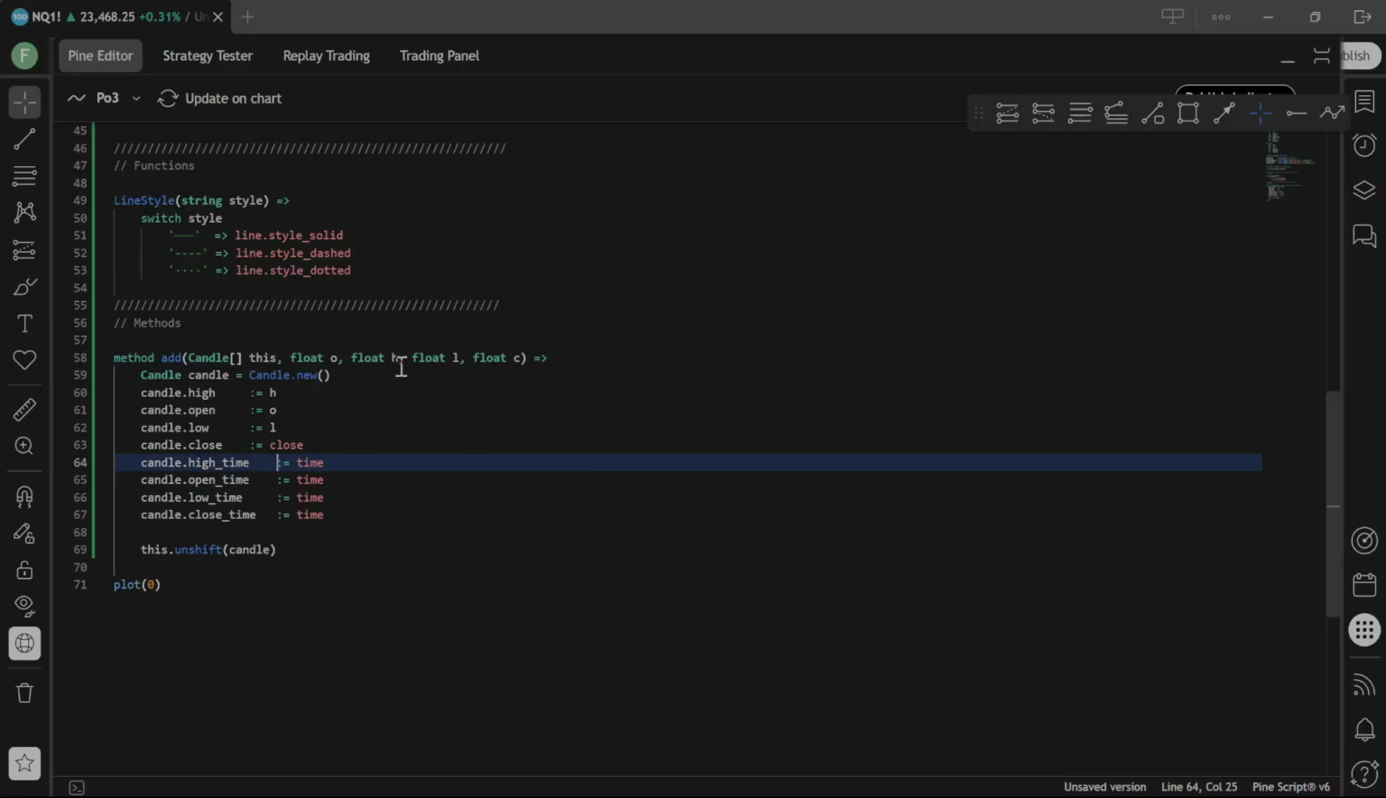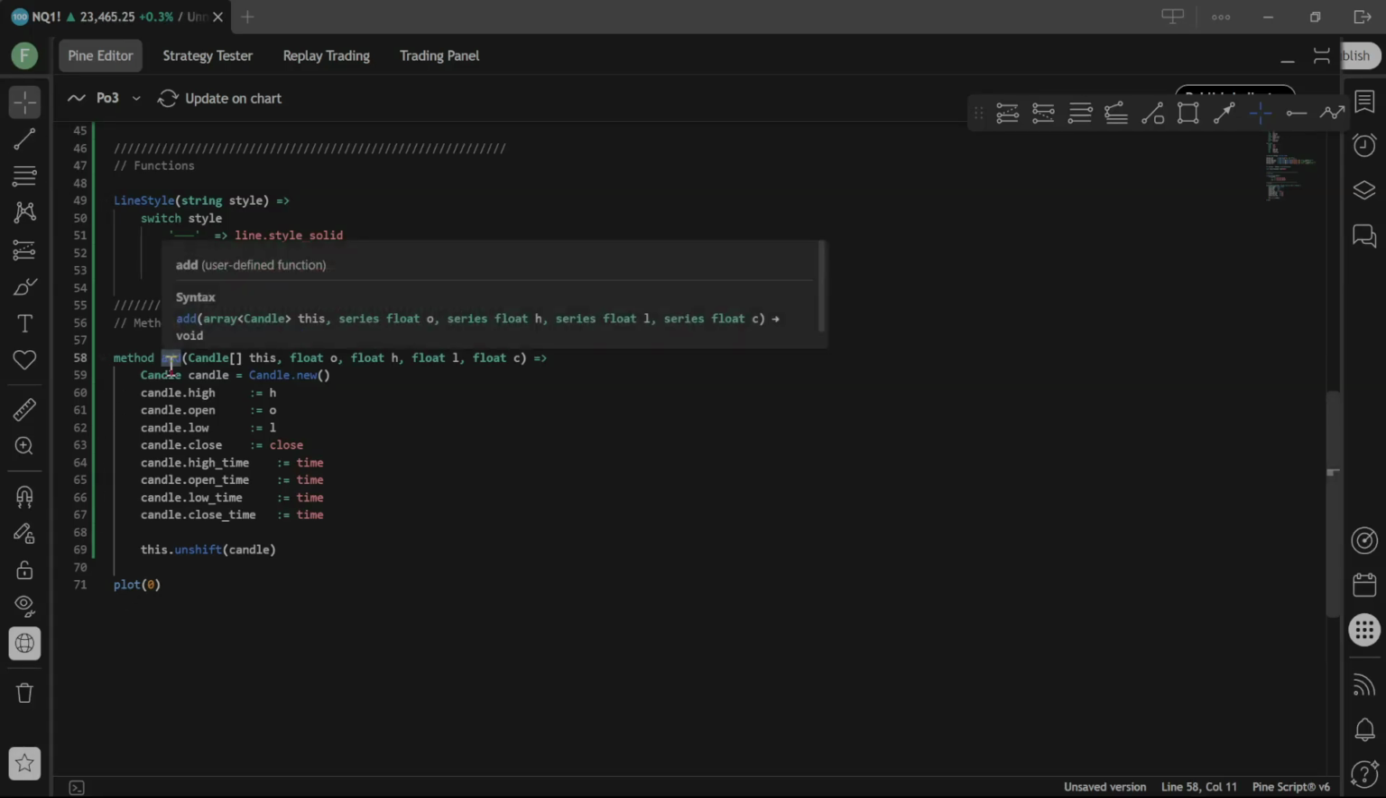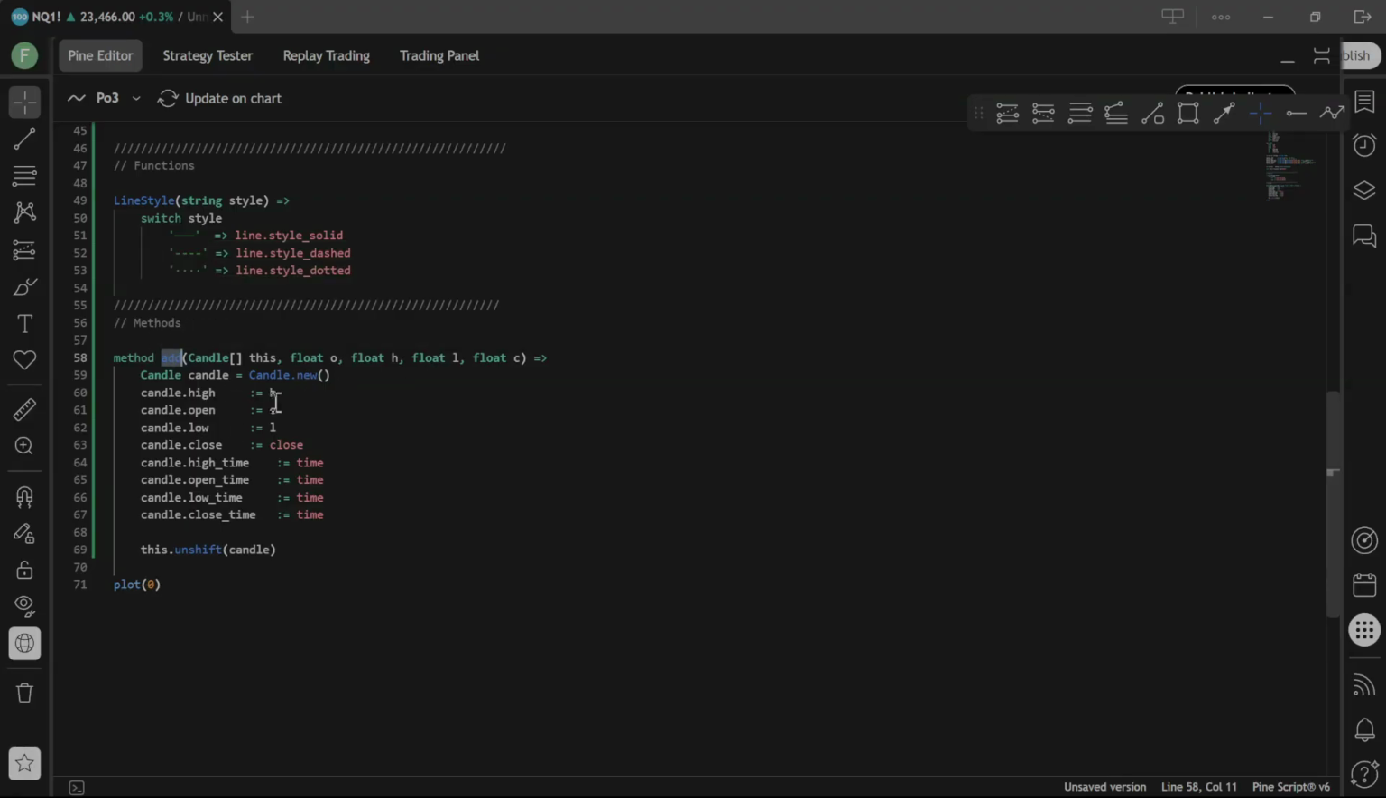Let's see. When we call method add, and we're going to call the method add whenever a new higher time frame candle just started. For example, if we are on 1 minute and we want to track 15 minutes, every time a new 15-minute candle starts, we will call the method add. Method add is going to create a new candle object for the new 15-minute candle. It is going to populate it with the initial values,